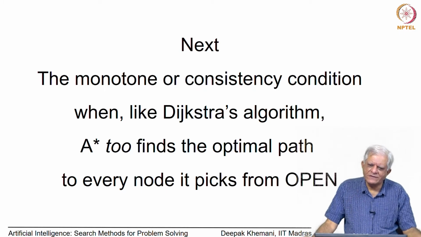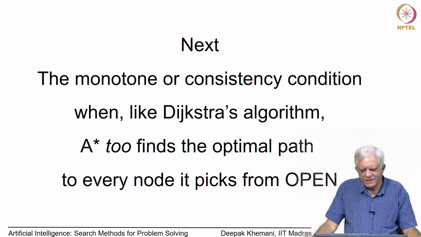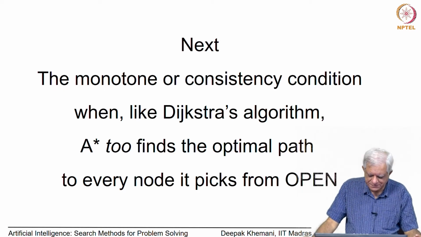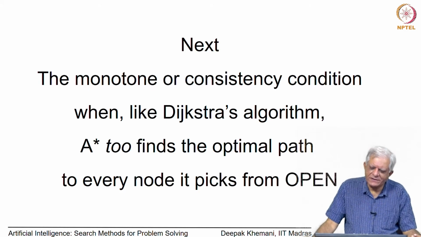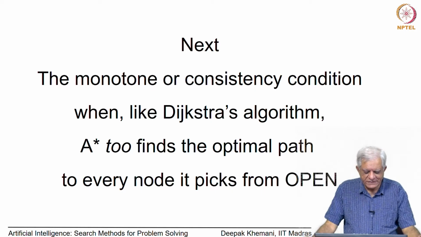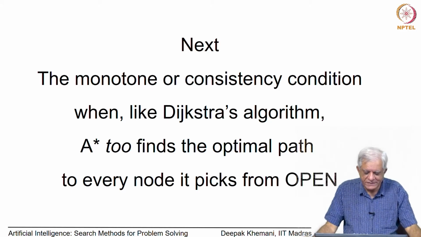And eventually now we will see that there would be algorithms which are closer in terms of time complexity to A star, but much more efficient in terms of space. So, let us begin our study with this condition on the heuristic function, which is called the monotone condition or the consistency condition or the monotone property or the consistency property, and see what is the impact it has on the search algorithm, which is the A star algorithm.